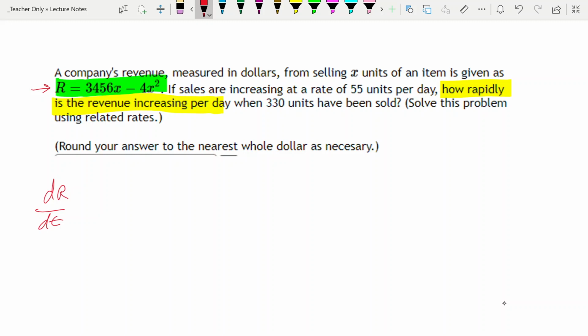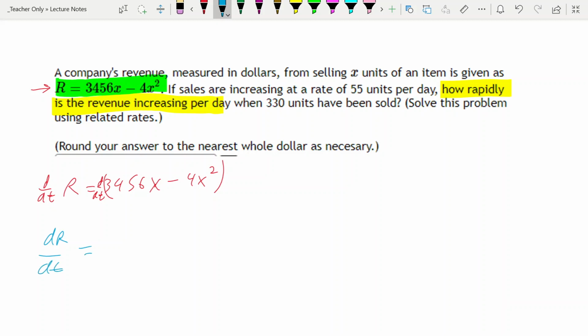So if I need to take the derivative of this function, r equals 3,456x minus 4x squared, then I need to take the derivative of both sides with respect to t. So d/dt of both sides. Now, when I do this, what's the derivative of r with respect to time? That's always our favorite because you just write it down. It's dr/dt, which is equal to